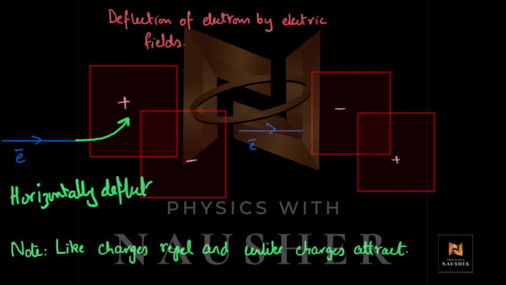So let's say you're going on a straight road. On your left side the plate is negative, on the right side the plate is positive. Where will you turn? You will turn to the right, horizontally. So the difference between this deflection and what you saw earlier is that was vertical deflection, whereas this is horizontal